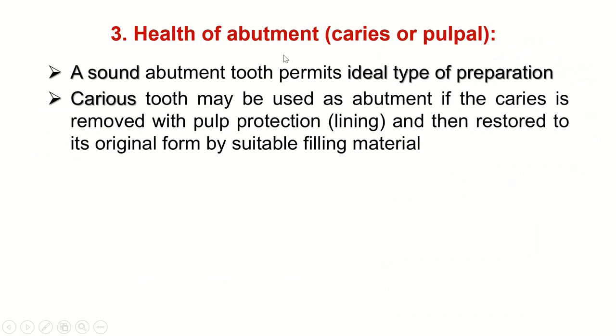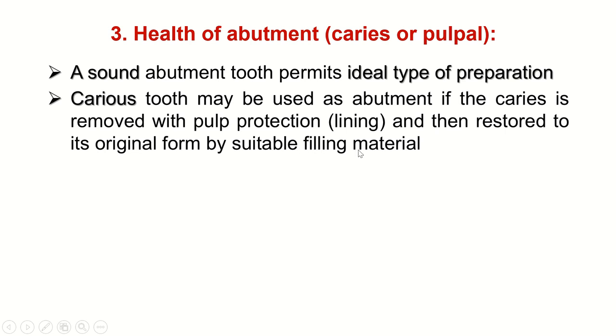The health of the abutment teeth, the presence of caries, the extension of caries lesions, and the pulpal involvement. In case of a sound abutment, we have no problems. It will permit an ideal type of preparation. In case of carious teeth, if it is a moderate carious lesion, we can remove the carious lesion, do cavity preparation, full pulp protection by lining, and then restore to its original form with a suitable filling